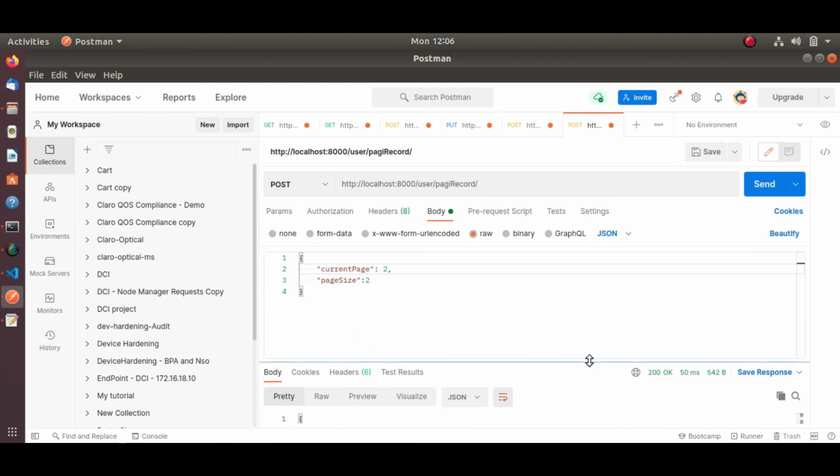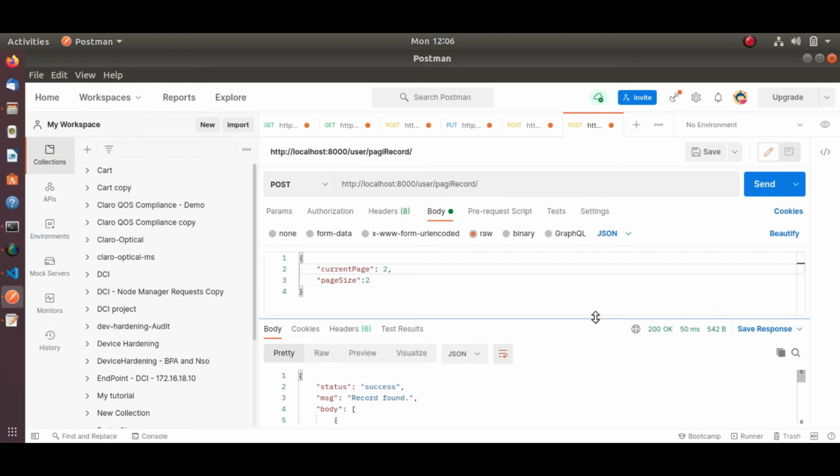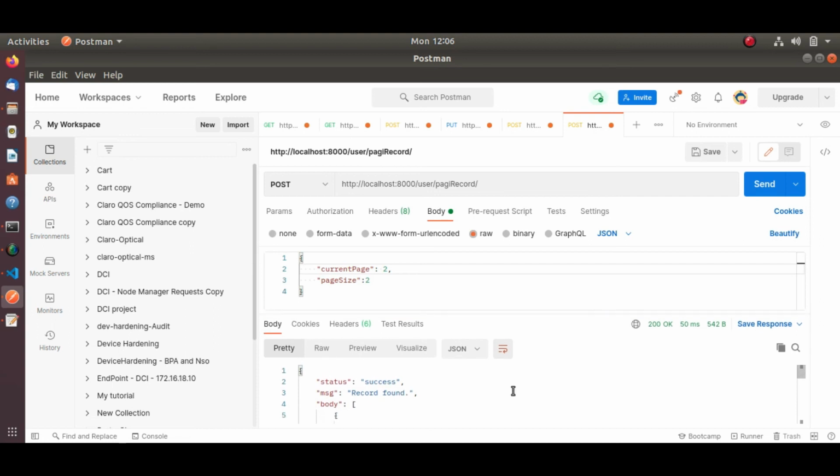So here I have shown you how we can implement the pagination functionality using Node.js and MongoDB. I took a smaller value as I have fewer records present inside the database. You can accordingly implement this, and you can take the page size more than 150 as per your requirement. Okay, so I hope now you are clear and you got some basic idea.